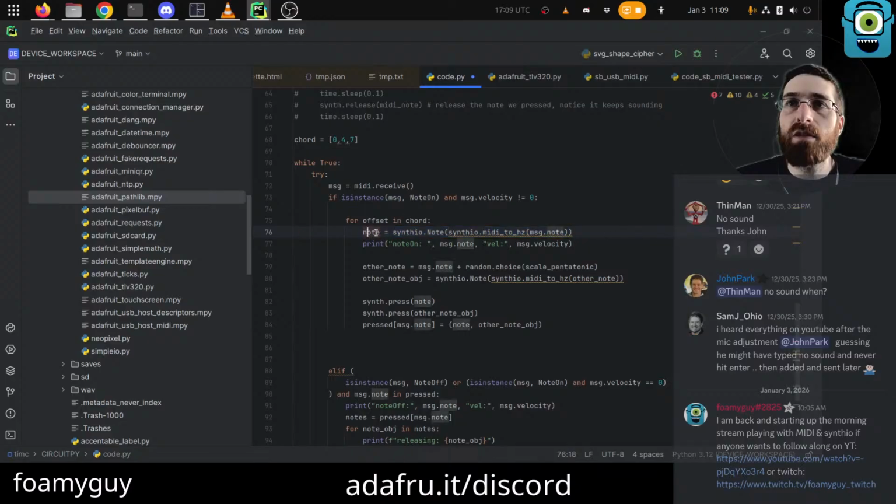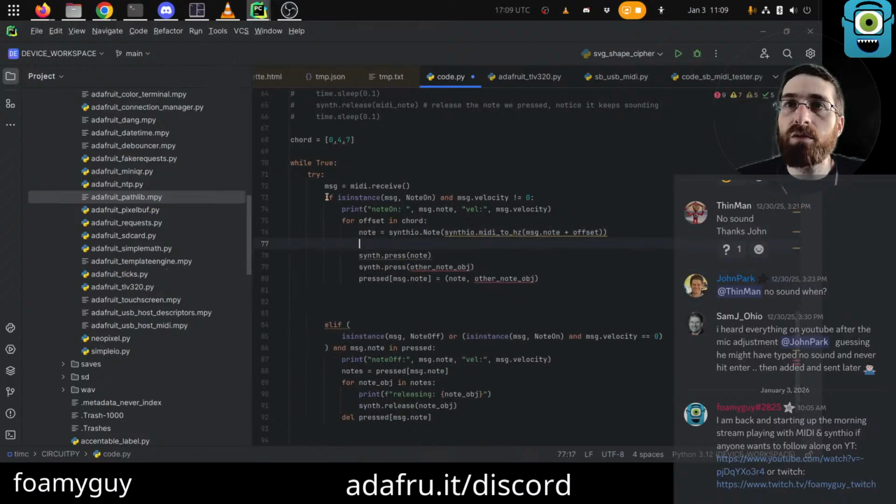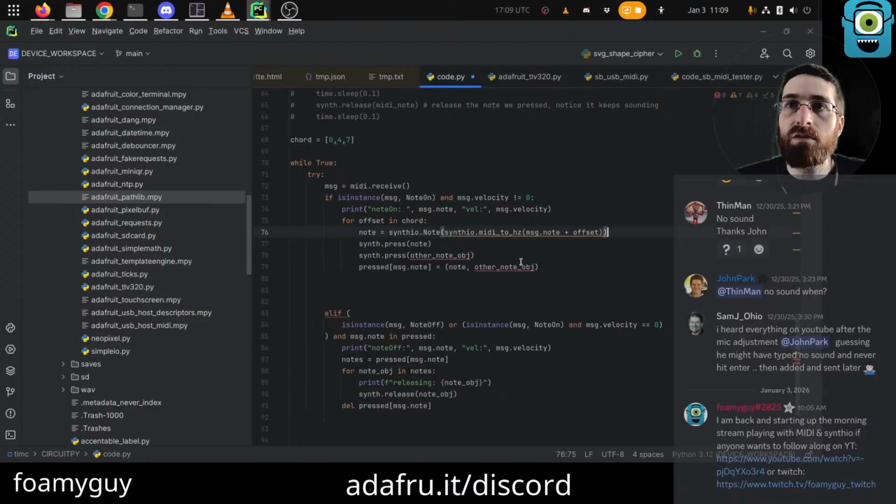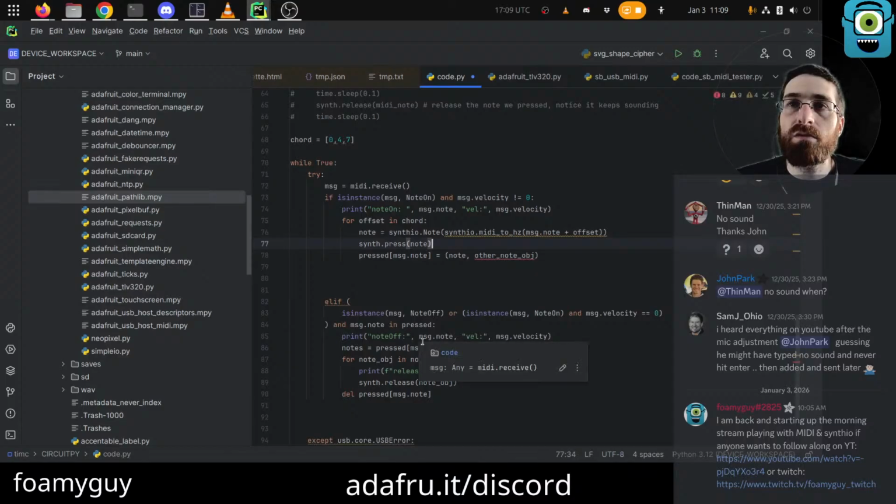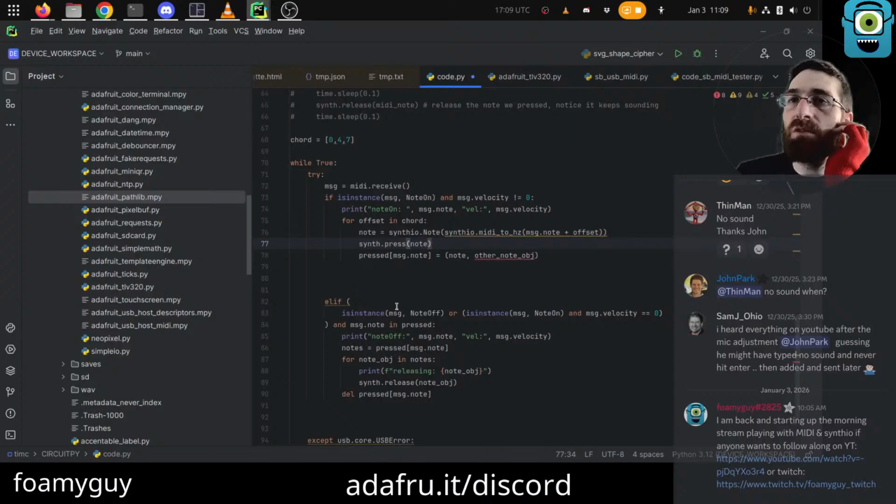We create a note object out of the message note plus the current offset we're doing. We could put this outside the for loop. We don't want that inside. We create a note. We don't need other note stuff now because we're going to be in a for loop. We press the note. And we also need to keep the note object so that we can release it. Theoretically we could recreate it on the other side, but I think instead we should probably just